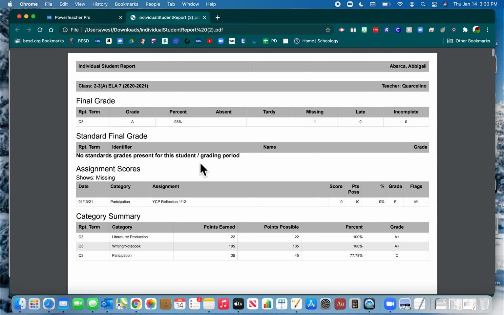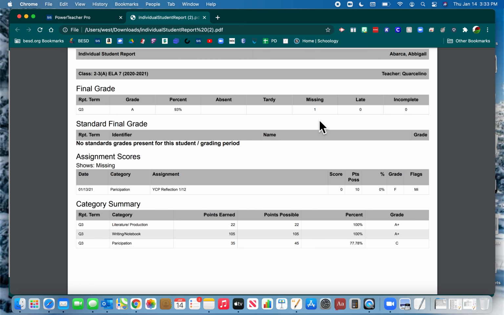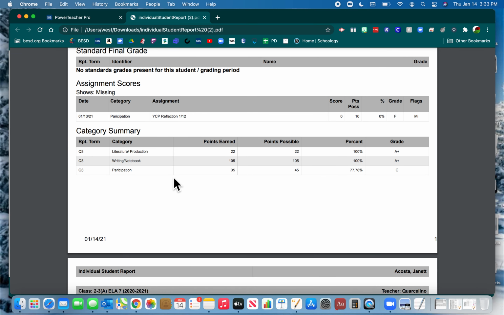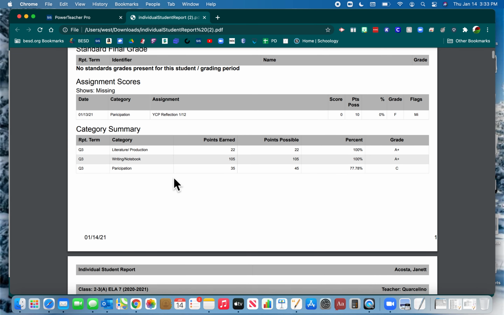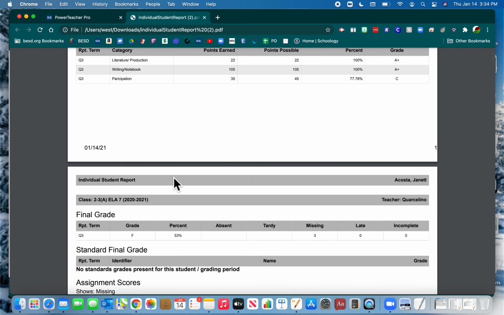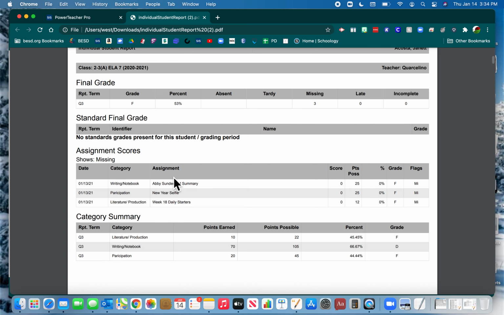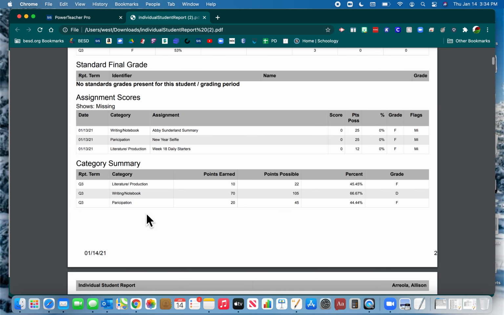It shows you grading, it shows you the missing, the tallies of everything, and then there's assignment scores, and then it's also going to show any missing work. So right now this student doesn't have any. So let's find one that has some missing work. And here we go. So it shows missing right here. Assignment scores shows missing. And here are the